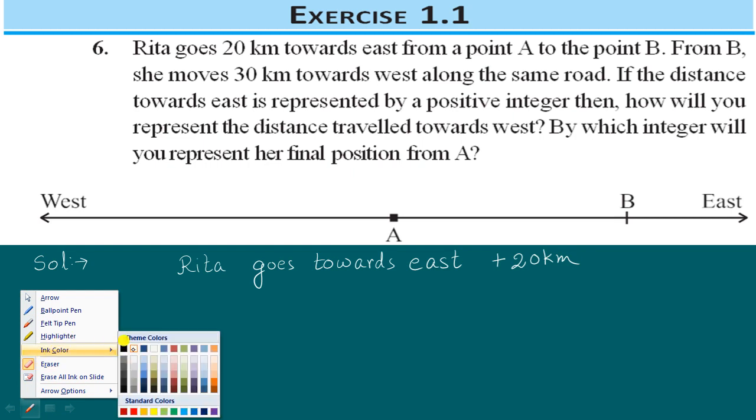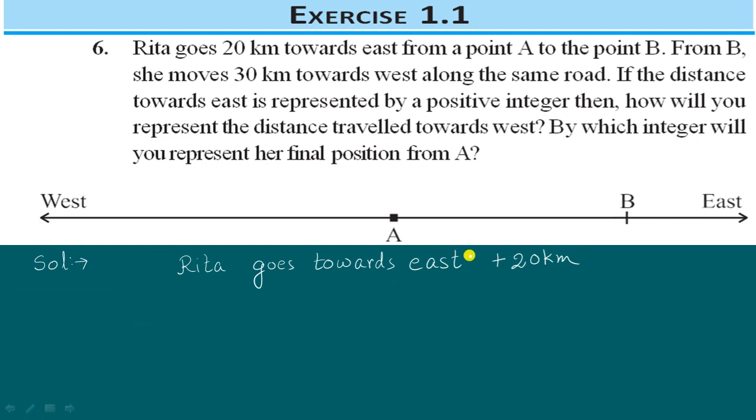Rita goes towards east, that is represented by plus 20 km, right? Rita goes towards west will be represented by negative integer, that is minus 30 km,